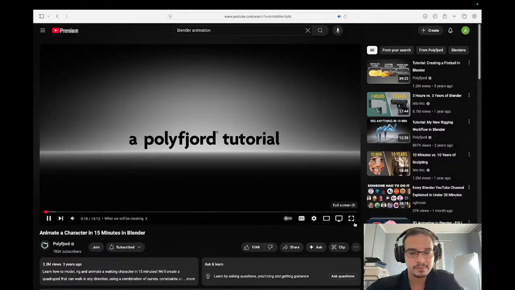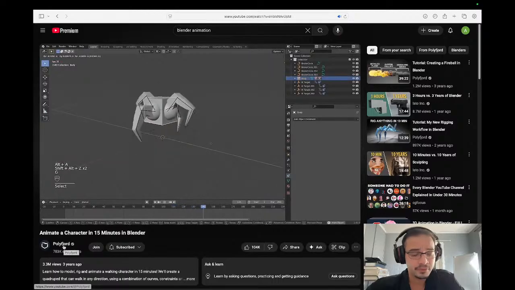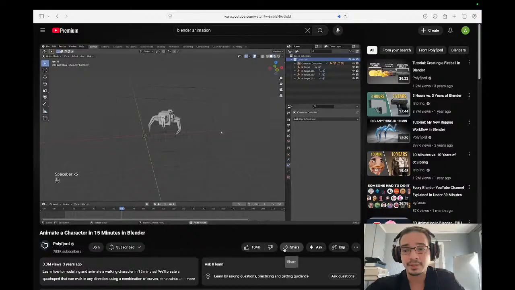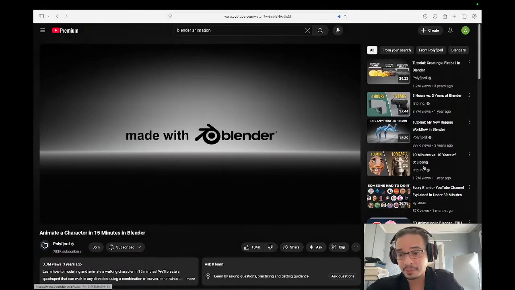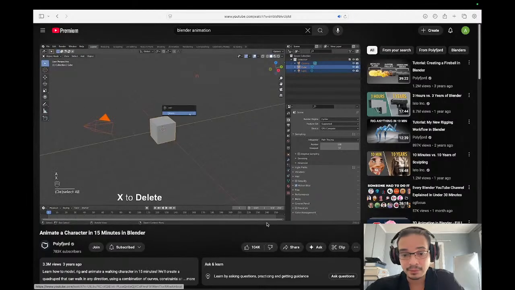In this tutorial, you'll be learning how to model, rig, and animate your very own four-legged creature. You can make it go any direction, jump, and maybe we can give it a little bit of an attitude using only Blender. We'll be working in Blender version 2.93, and we'll start out by deleting everything and creating